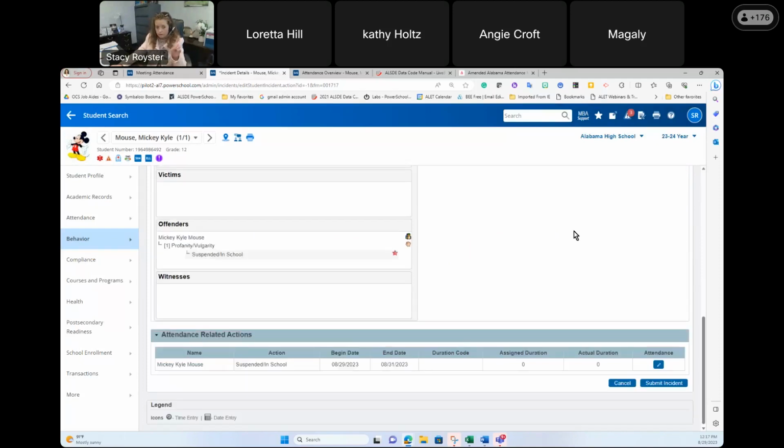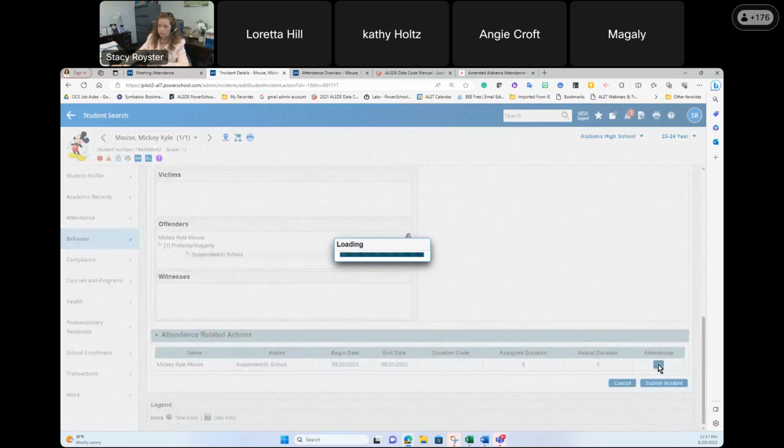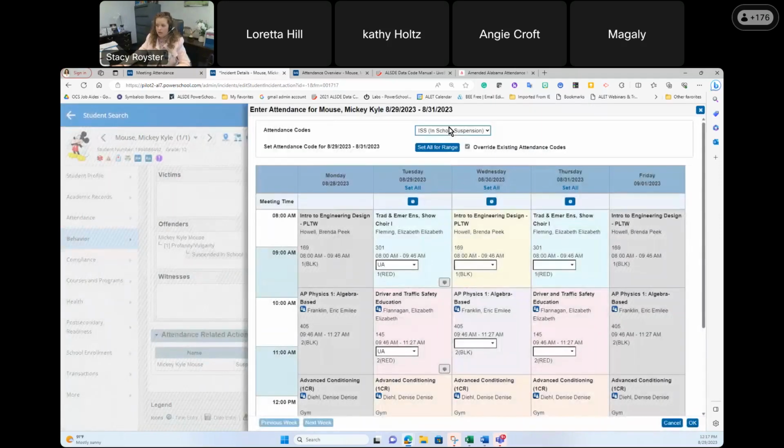If you have your discipline set up to push attendance through, then you're going to get this attendance related actions area down here. You're going to click this little pencil. And you're saying, hey, you assign them ISS. Do you want to set this for the range? In this case, I'm setting it for a day he was actually absent. You wouldn't do that in real life, but I've been playing with the data, so just go with me on this. I'm going to set it for all. Pretend like the kid had been here. And when I click OK,